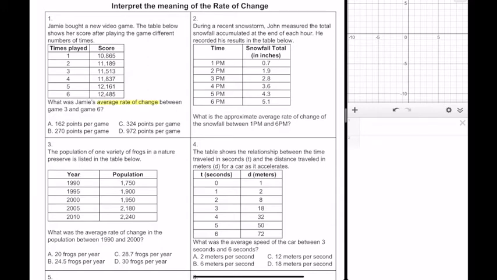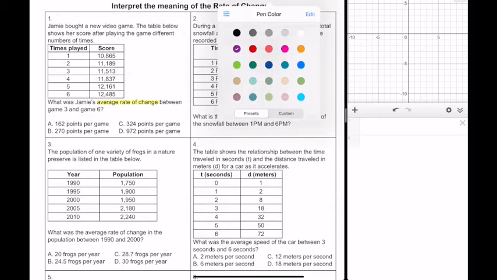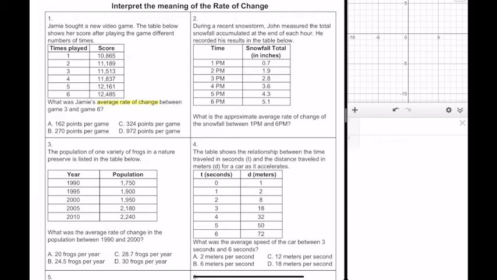So remember that we are looking for the change in y over the change in x. And we're looking for it between game 3 and game 6. So for game 3 and for game 6, those are the two x and y points that we're going to be looking at. So if we call this x1, y1, and x2, y2, then we can use our formula to find the rate